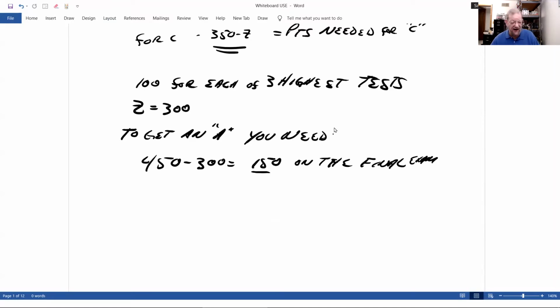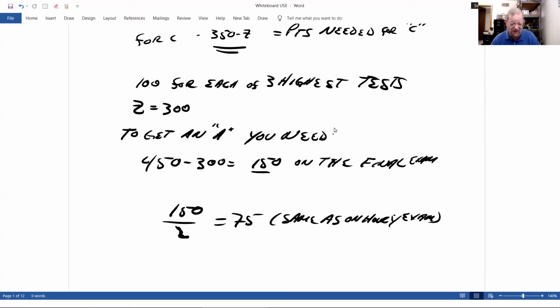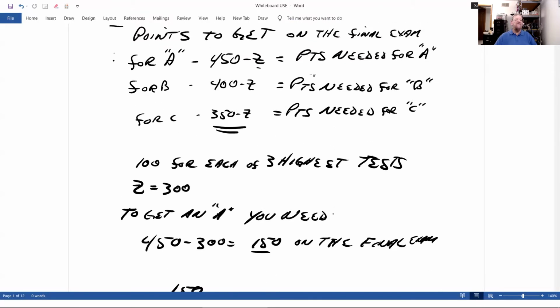And if you divide 150 divided by 275, it would be 75 points, which is the same as on an hourly. So 150 would be the same as if you just only got 75 points on an hourly. Most of you did much better. So this will tell you how to figure out